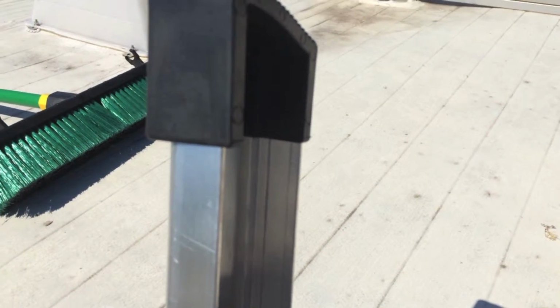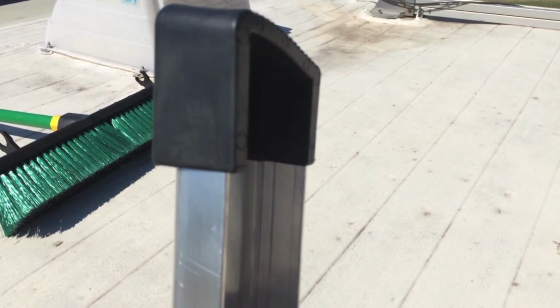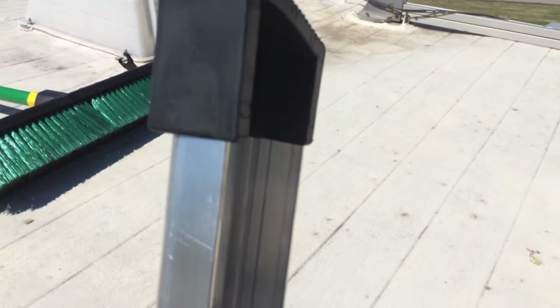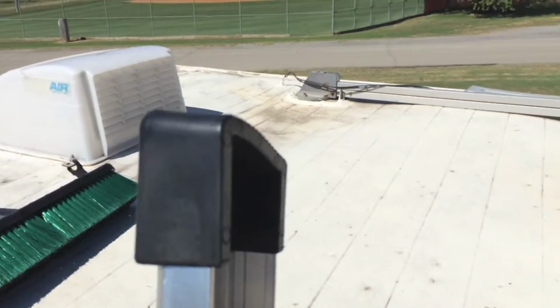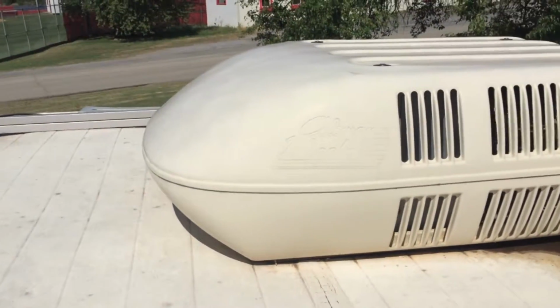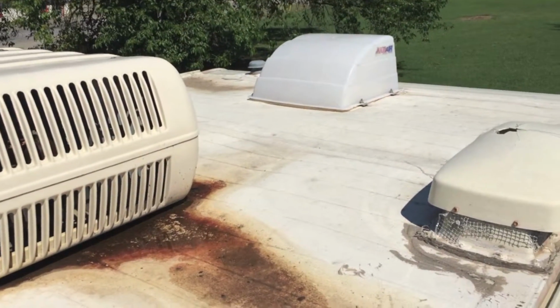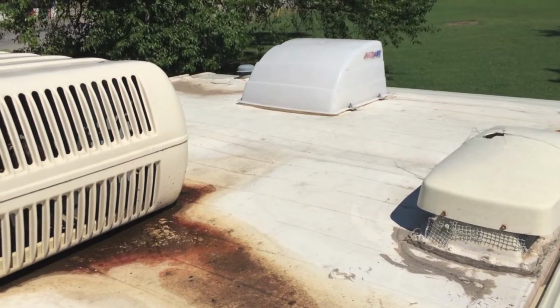The roof is not very strong, so you're not going to see me on top of this roof at all, because I do not want to fall through the roof and hurt myself and then damage my home, and then I'm screwed in two directions. So I'm going to be doing things a lot differently than you would expect. Please understand that, and let's get started, guys, by brushing off the roof of the